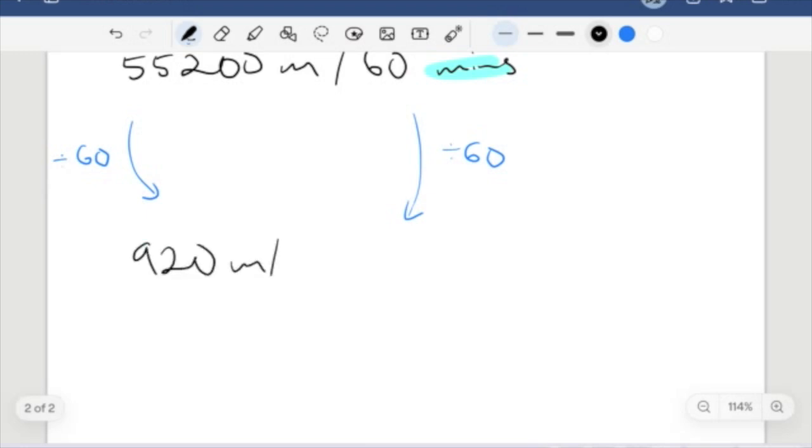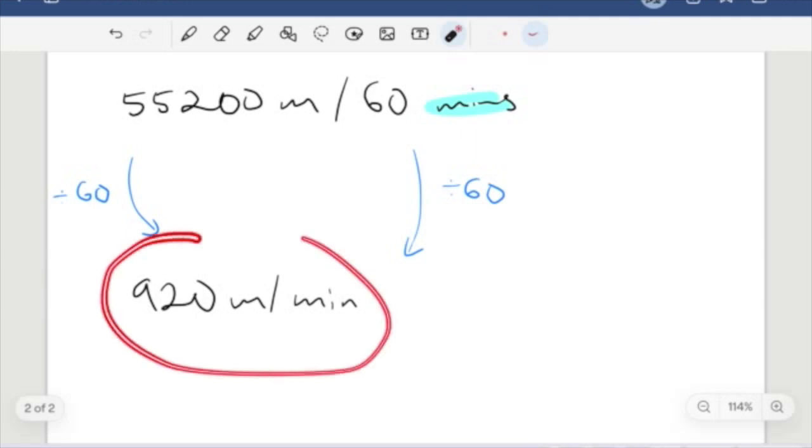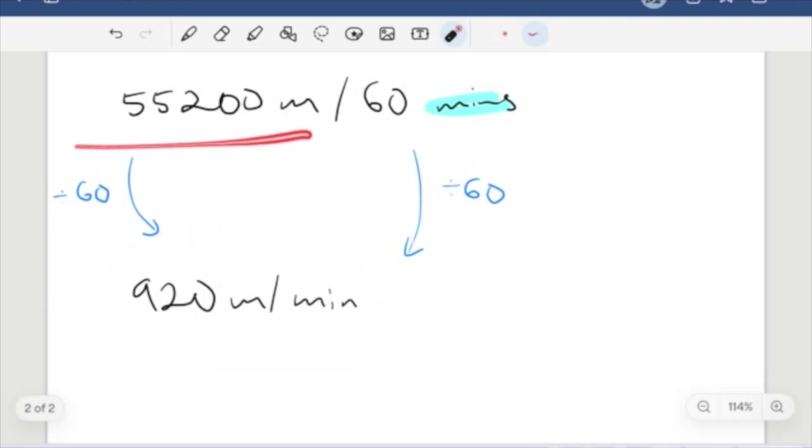meters per minute. And just as a quick sense check, because sometimes it gets confusing whether we divide or multiply, our answer here should be less than this number here, because we're traveling a distance in a shorter amount of time. So we've gone from 60 minutes to 1 minute, so we expect we're going to travel